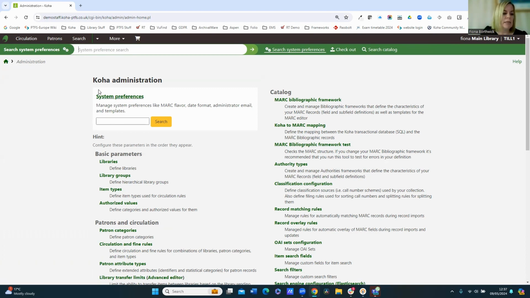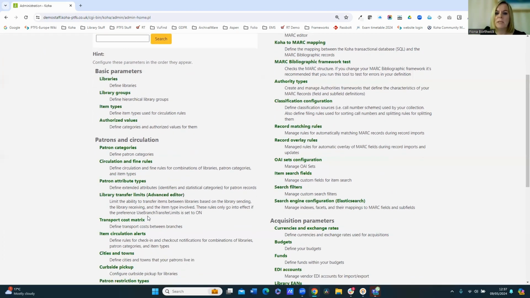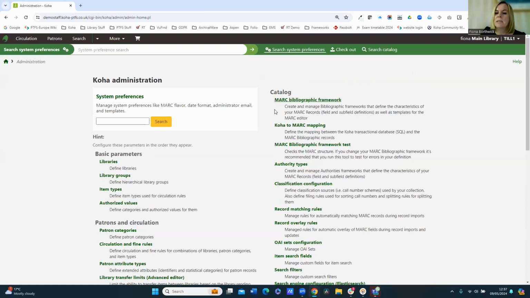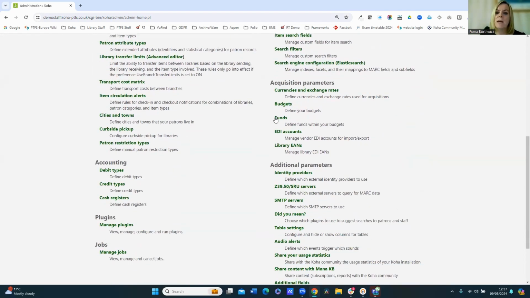Now, this particular page is subdivided into various sections. So we have the system preferences area, which I'll come to in a little while. Then we've got a section for basic parameters, for patrons and circulation. Over on the right-hand side, configuration options relating to the catalogue module and things you can do with your records,